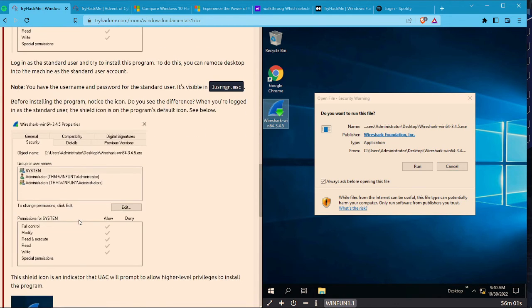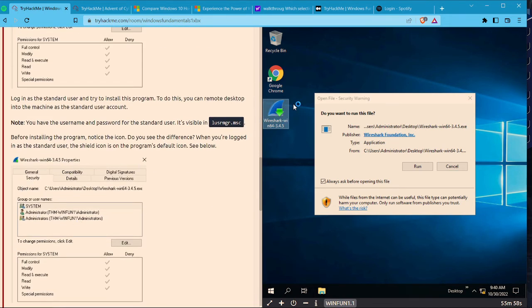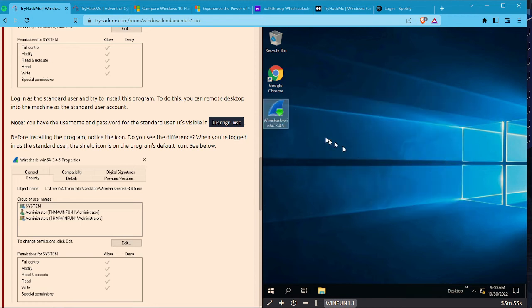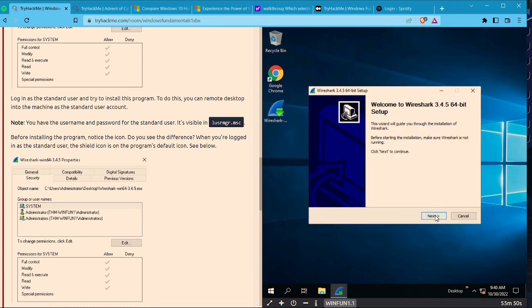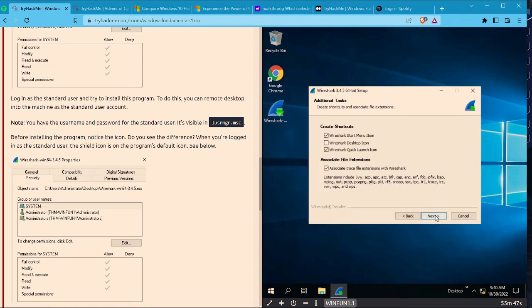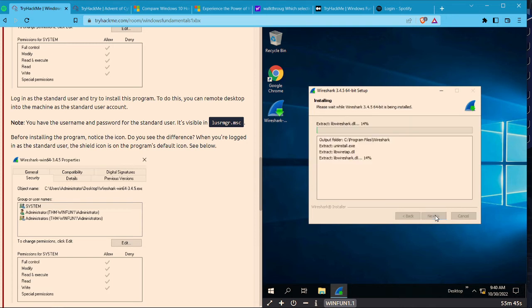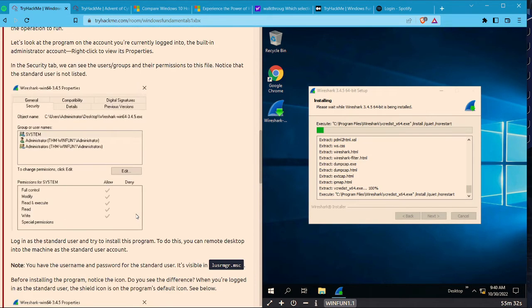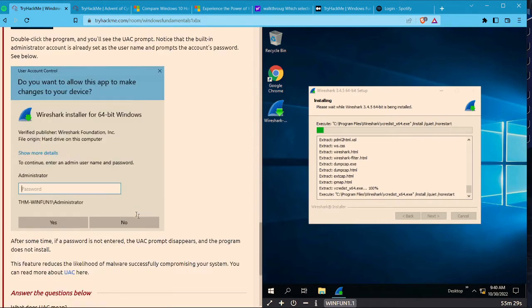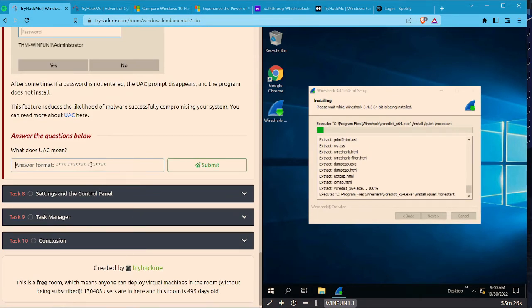Let's do it with the help of Wireshark properties. Cancel. It will take some time. What does UAC mean? User